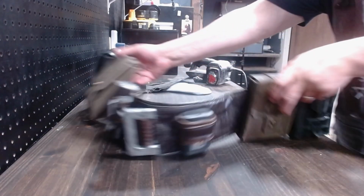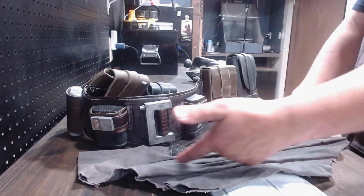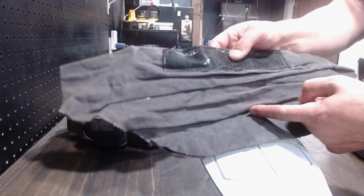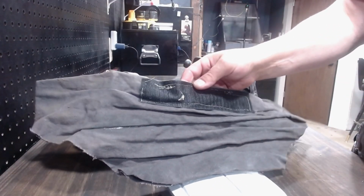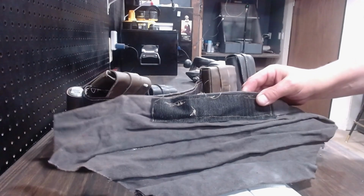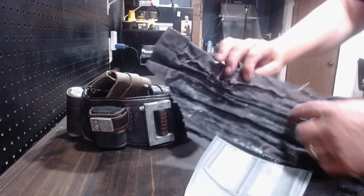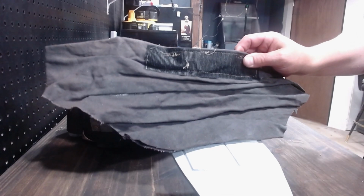But that is the belt. And so then we have our cod piece and our... Now this deal, let's sidetrack and talk about this thing. This is honestly a weird... I didn't know what I was doing with this. It's just a piece of the actual fabric from my jumpsuit. I used a bunch of glues to hold wrinkles in it, so it kind of had a natural wrinkly look,